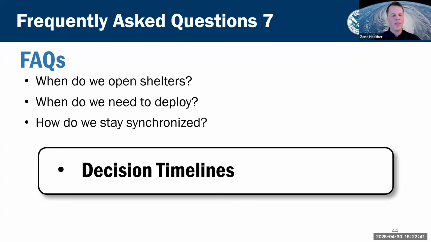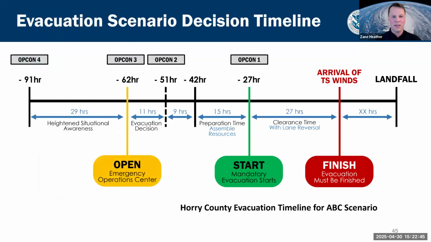The way that we've seen this operationalized or implemented in the past is through the development of decision timelines. This is a decision timeline that was developed by Horry County. As you can see, it is tied to the arrival of tropical storm force winds. That is typically the first hazard to reach a specific location from a tropical cyclone. It is not always the first hazard, so take that with a grain of salt, but it is the hazard that we have the most timing information for, as you've learned about in previous units. That's your earliest onset and most likely arrival of tropical storm force winds.